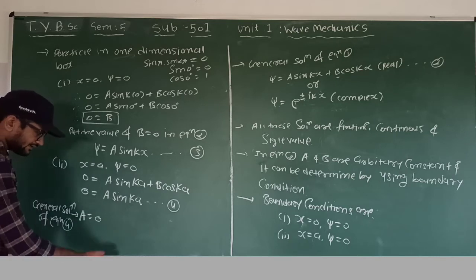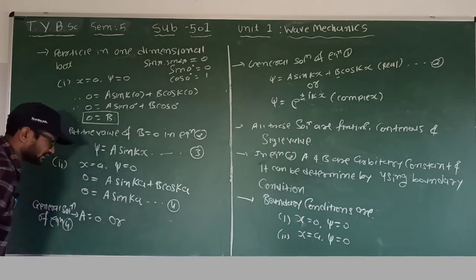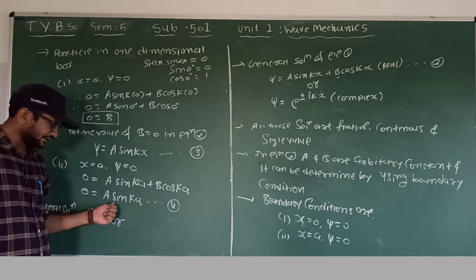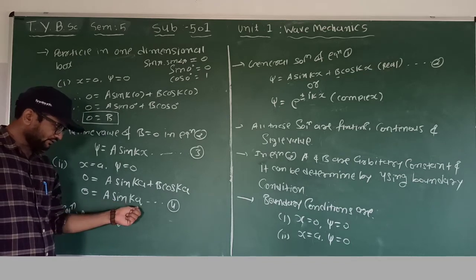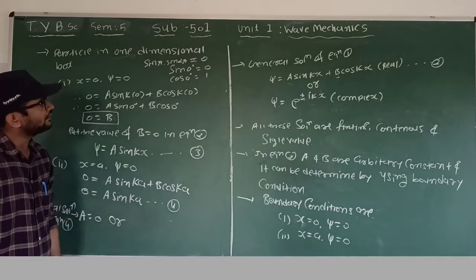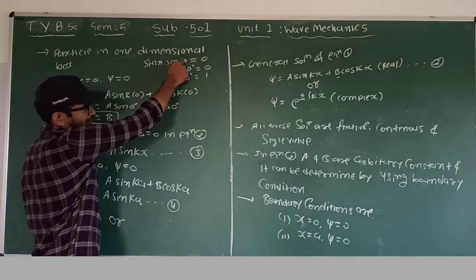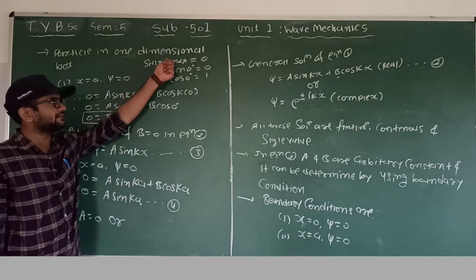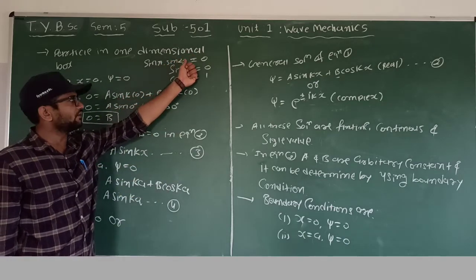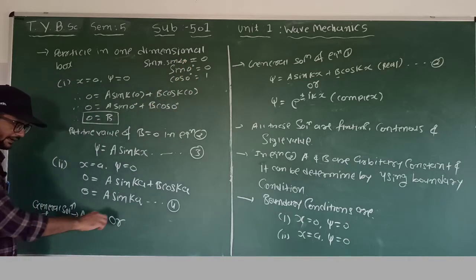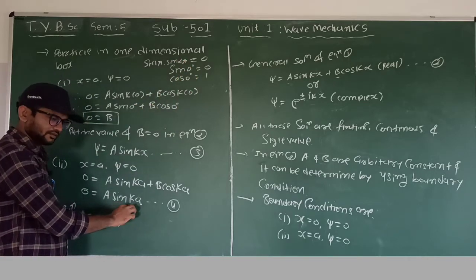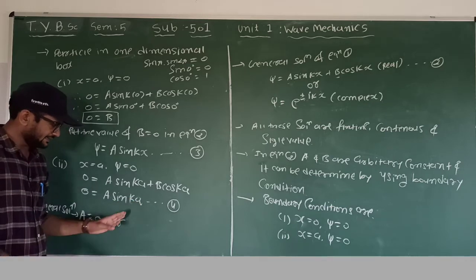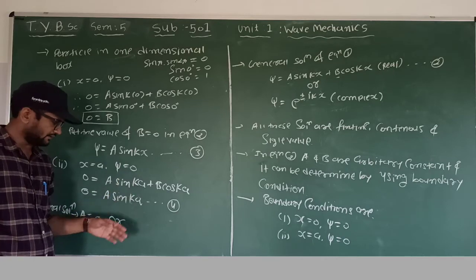And another solution is, suppose a is not equal to 0. At that time the value of sine of the angle is equal to 0. It means sin pi, sin 2 pi, sin 3 pi, sin 4 pi; the value of sin pi, 2 pi, 3 pi, 4 pi is equal to 0. So here the value of ka is equal to n pi. K is equal to n pi indicates sin pi if n is equal to 1.